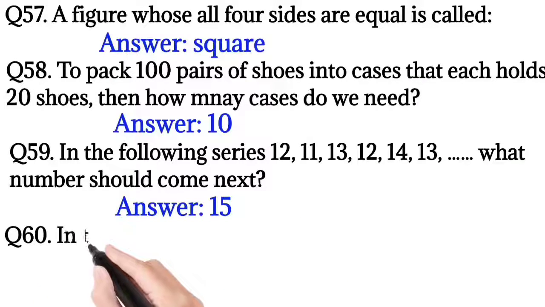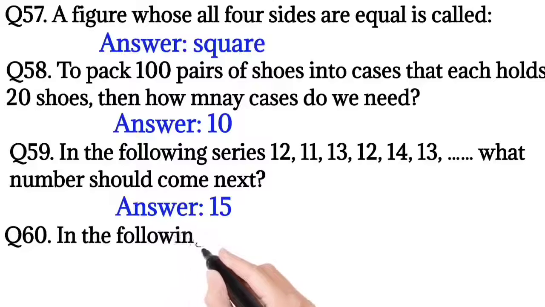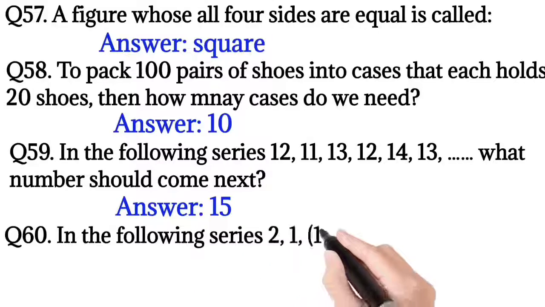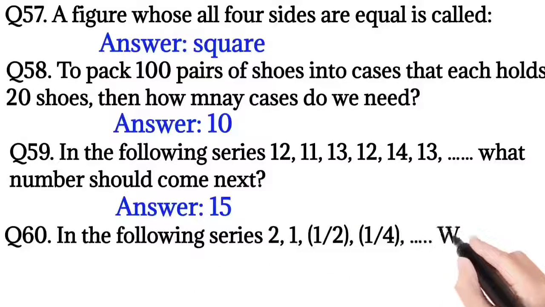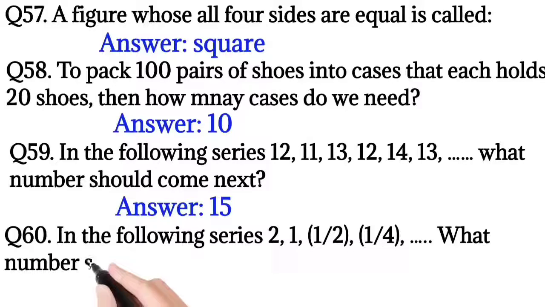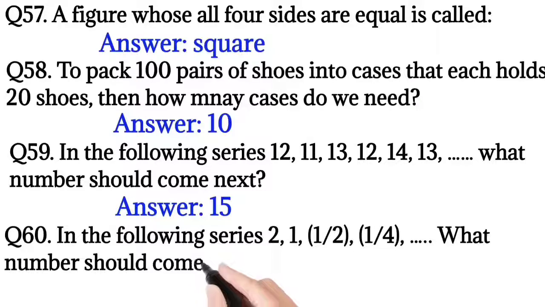Question number 60. In the following series 2, 1, 1 divided by 2, 1 divided by 4, what number should come next? So the answer is